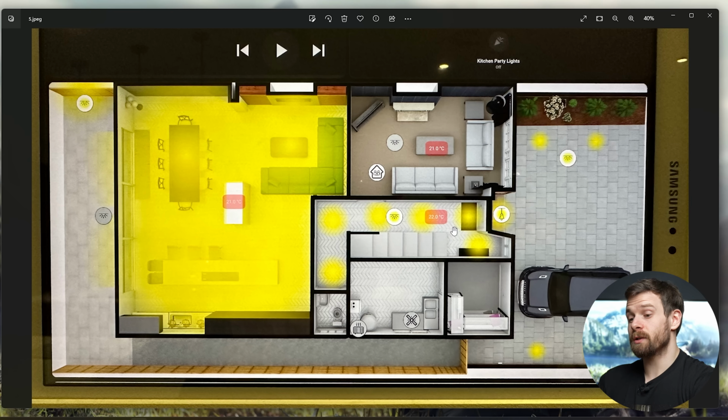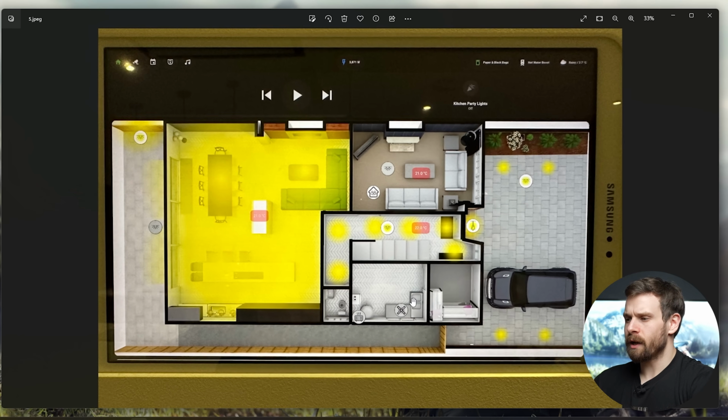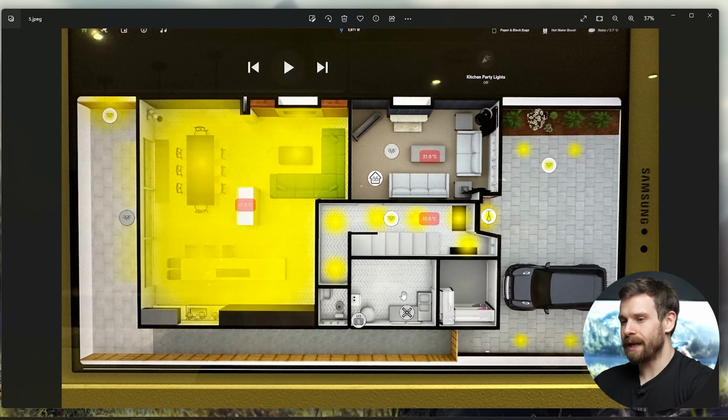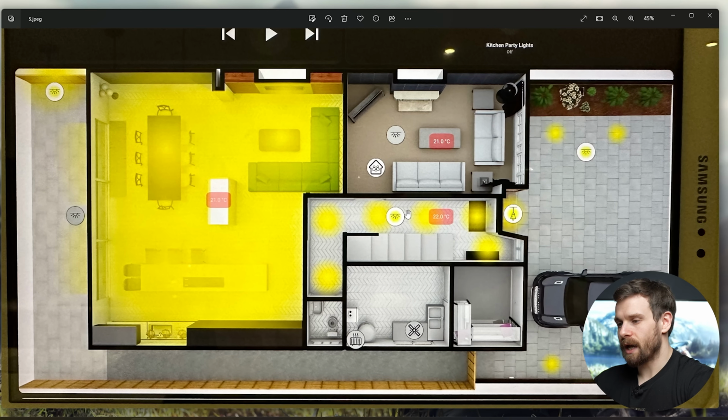You can tell there's been a lot of effort put into this bird's eye view of his house, and he's drawn out all of the rooms, and he's got his UI elements laid on top. The thing I like about this is there's not too many UI elements going on, just the main controls that you would actually need, but it's not overpowering with different devices. And I like how when a light is on,